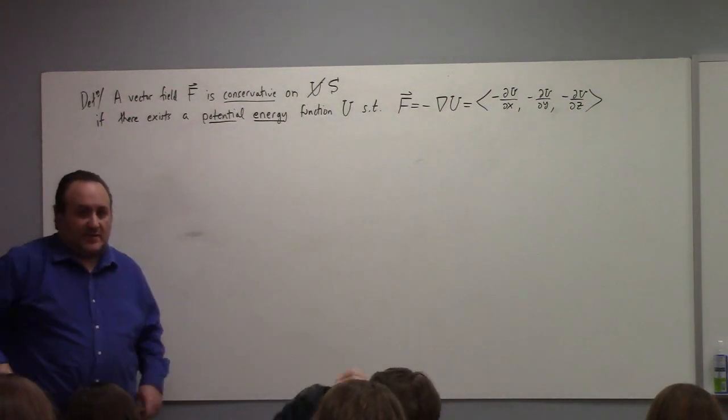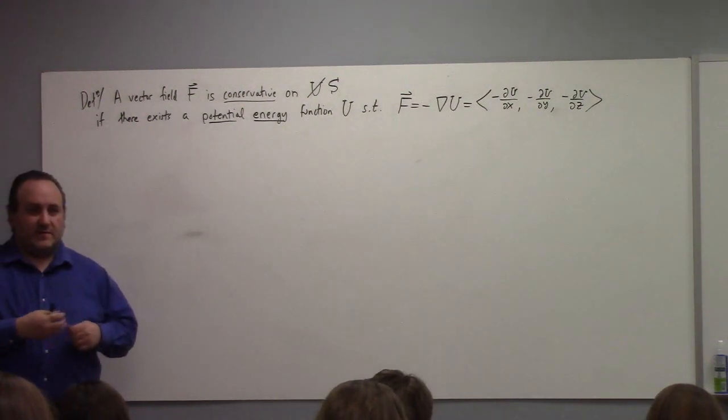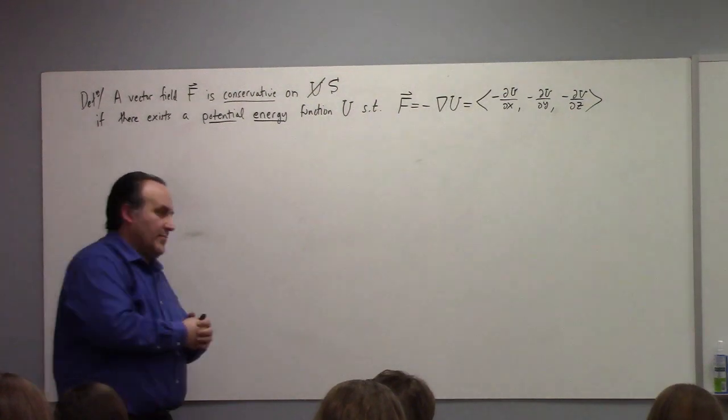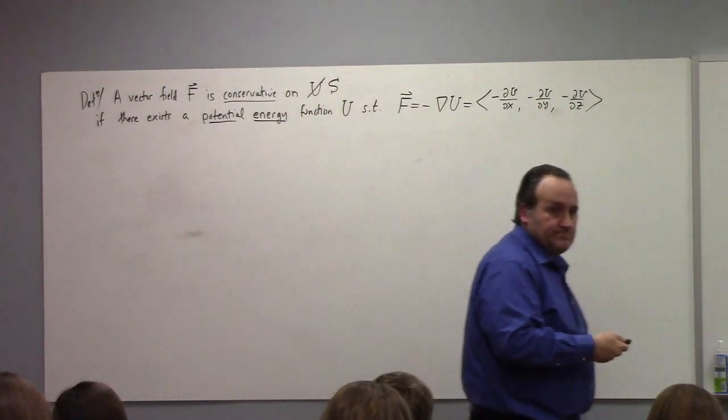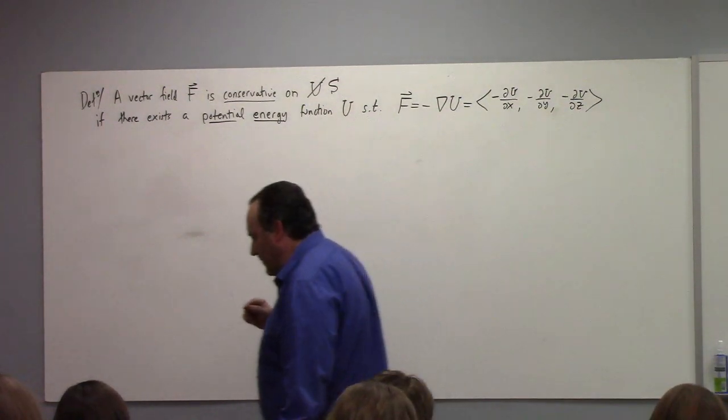If there exists a potential energy function, then it's said to be a conservative vector field. All right. The triangle is for gradient. We defined it last class. And good question. So the point of this